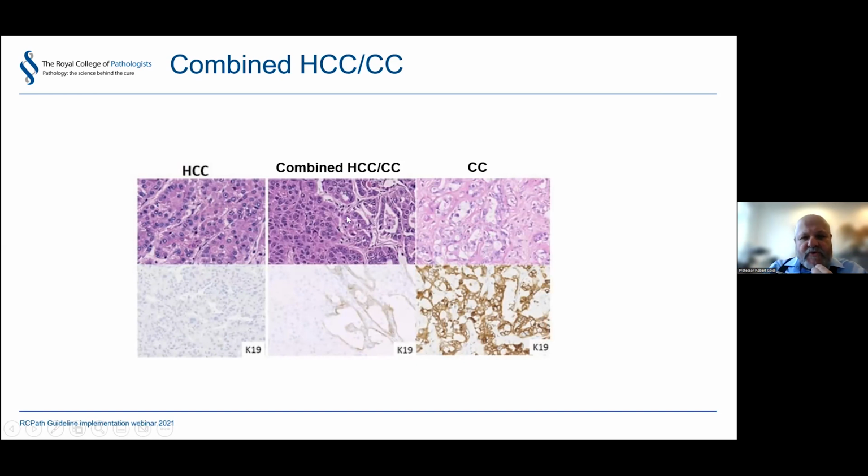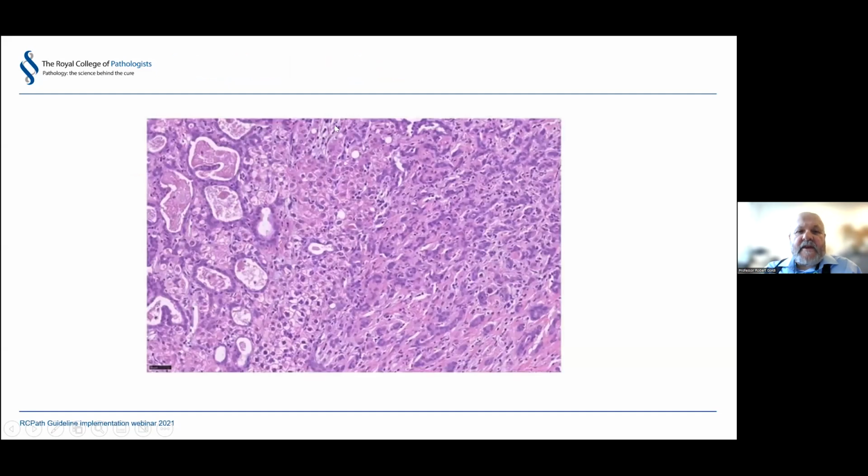But there are clearly tumors which share features of both. And here's a very clear-cut example. No one looking at the bit here would think that was an HCC. No one looking at the bit on the other side would think this wasn't cholangiocarcinoma. And yet it's clearly part of a single tumor, and that's reflected in the immunohistochemistry. Here is a tumor in fact showing all kinds of cancer together. Here is the large duct, columnar cells with mucin. Here's the small duct, anastomosing cords, and with HCC in the middle. They can all go together.